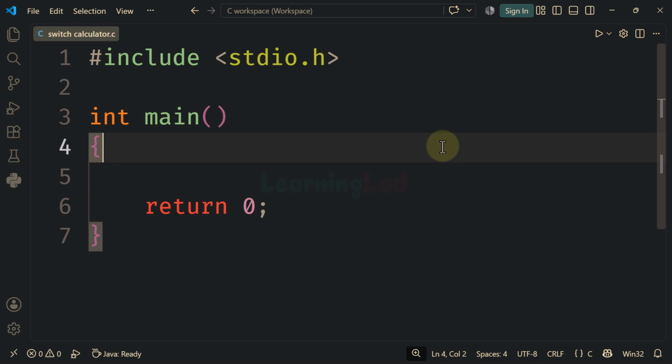In this video, we will write an example program for the switch statement. Here, we will build a simple calculator using the switch statement. In this program, first we will ask the user to choose the operation that he wants to perform, and then we will ask the user to enter two numbers, and then we will use the switch statement in order to perform the operation that the user has selected: addition, subtraction, multiplication, or division, and then we will display the appropriate